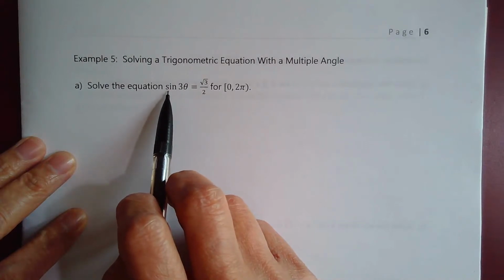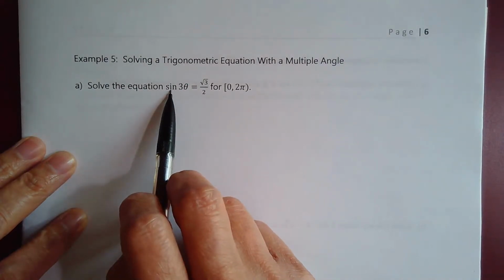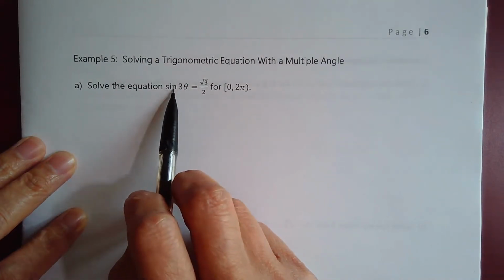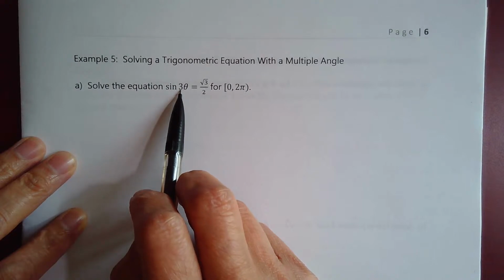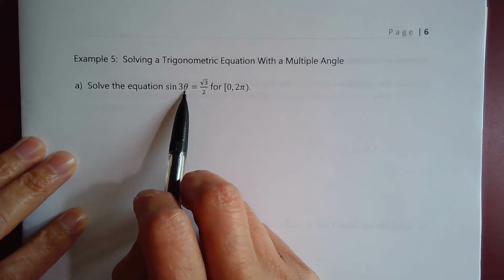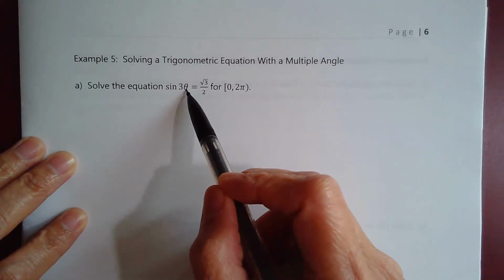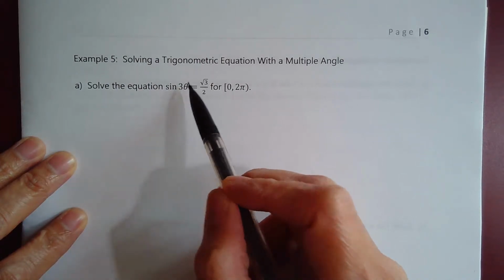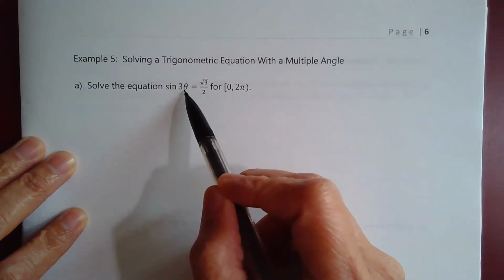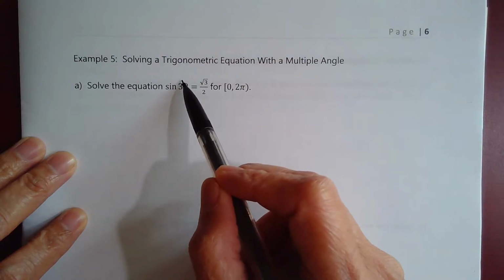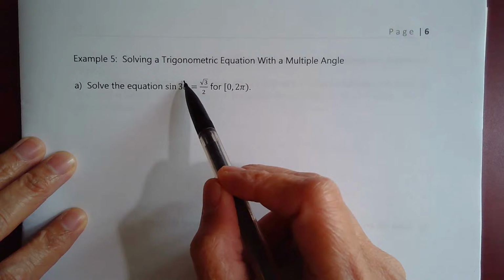I just want to start with this part here. So sine of 3 theta. The b here is 3, and theta is the angle that we're looking for. So 3 times the angle. When we look at this particular case, in terms of a transformation point of view, we could actually say that